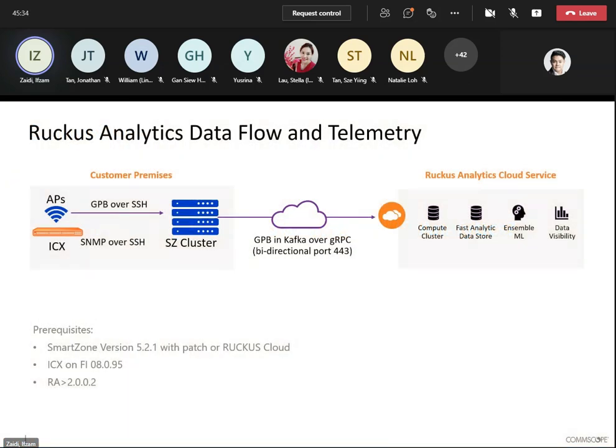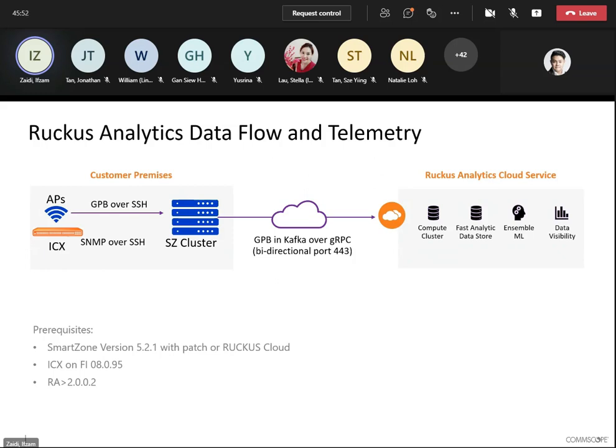If you want to have Ruckus Analytics, of course, you need to have our controller and management, which is SmartZone, and also the Ruckus Cloud platforms, which I explained to you yesterday.